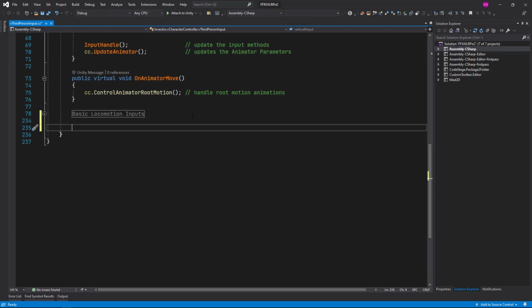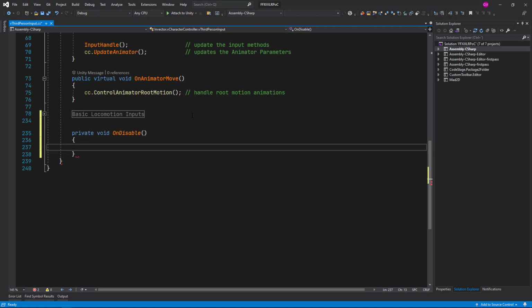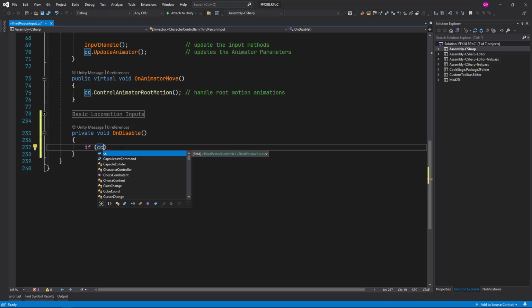What we can do is add an OnDisable call. So whenever this script is disabled, this method will be called, and what we can do here is check if we have the character controller. So CC is not null. This CC is a variable created in the vector's script. So if this is not null,